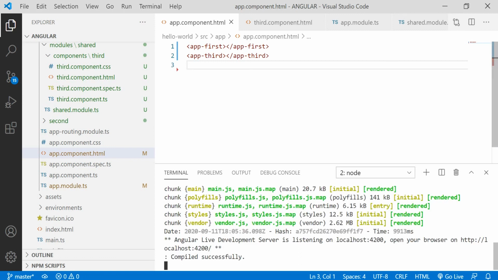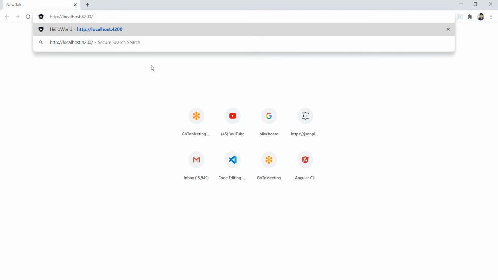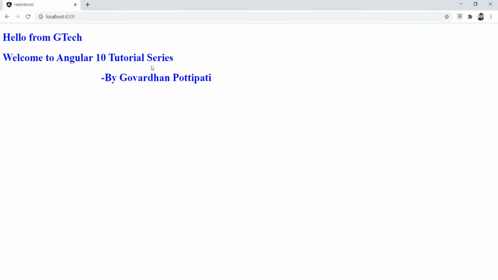Perfect. The application is compiled successfully without any issues. Let's flip to the browser and launch the application. There we go. We are able to get the desired output. With this, we are able to use one module in the other module. Thanks for watching.